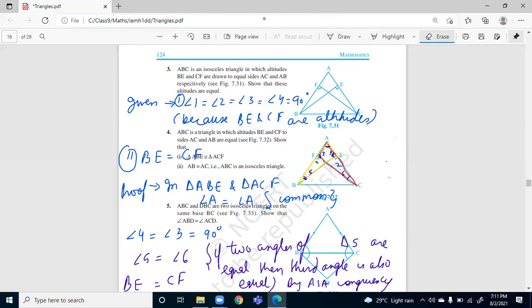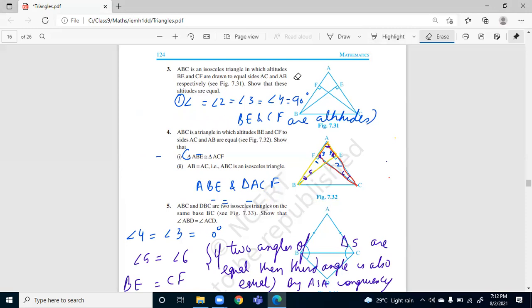I hope all of you have understood the solution, how we have done. Yes, ma'am. Okay, Nihal, is it clear to you also? Yes, ma'am. Leona? Yes, ma'am. Ayan? Now it's clear. Okay. So can I erase if it is written in everyone's copy? Yes, ma'am. Okay. So let's move to question number 5 quickly.